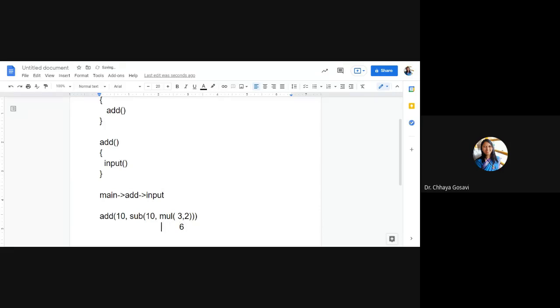And then outside this bracket, there is the add function, add 10 comma sub. Like in school, we have to solve the innermost bracket first. So this will execute first, mul 3 comma 2, and the result is 6.